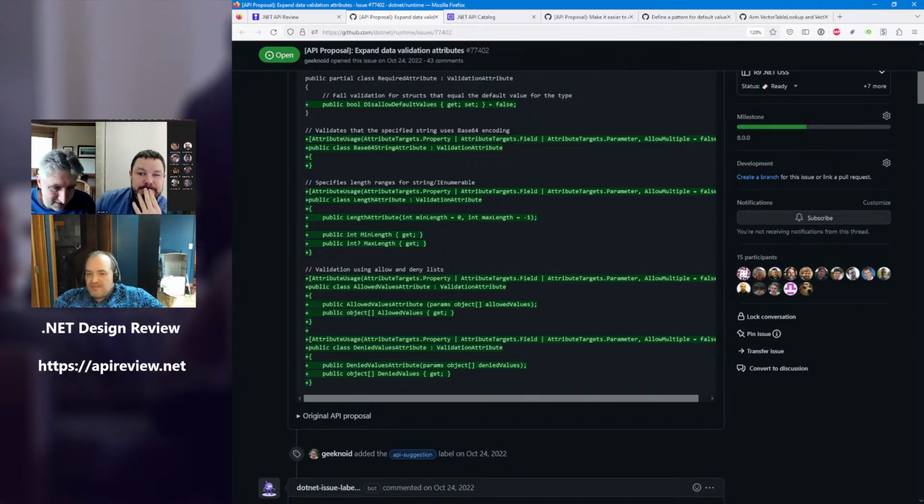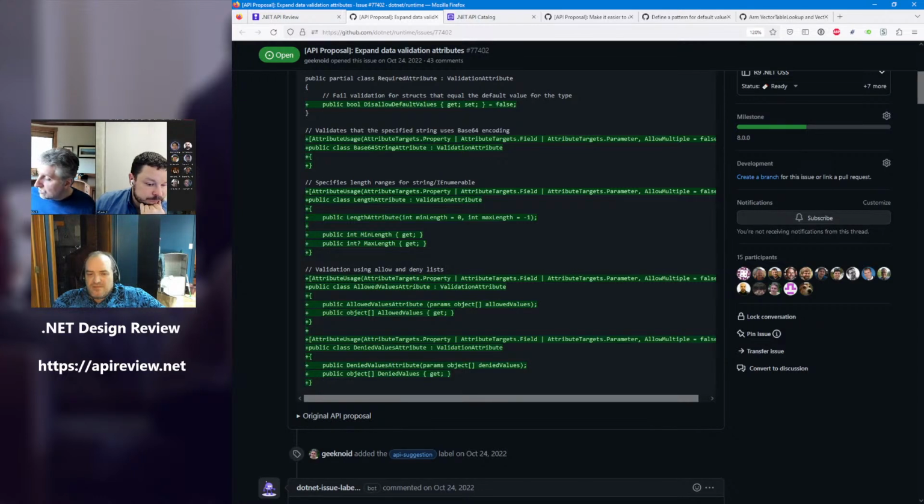But that T, can you actually enforce that T to match the type of the property you're applying the attribute to? An analyzer could. But you'd still need to do that validation. Of course, you get a guarantee that every element is of the same type, of course. Right. But I don't know.